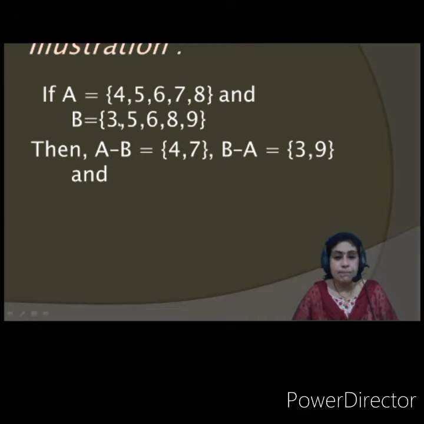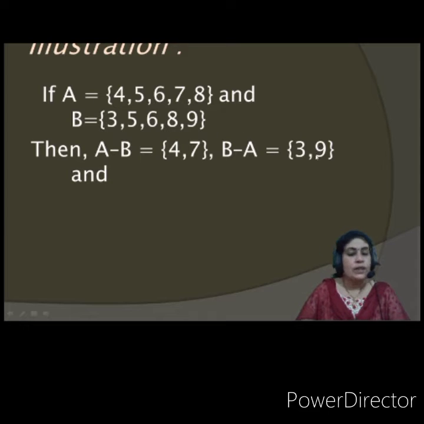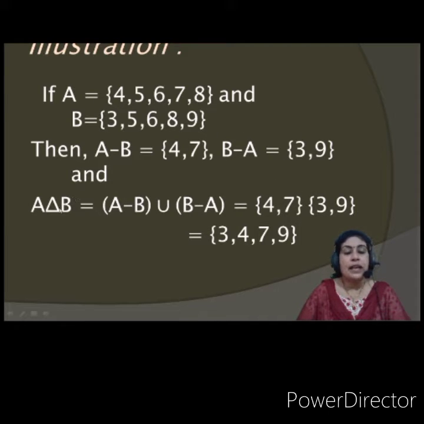Same way B minus A. B minus A means you are going to see all those elements which are there in B but not in A. So which are those elements? 3 and 5 is there, 6 is there, 8 is only for B. So sorry, 8 is there, 4 is only for B, but we are not going to take it. 4 is only for A, sorry. 4 is only for A, it is not there in B, so we are not going to take it. Why? Because we are considering B minus A. So 3 and 9. Okay. So now, the symmetric difference of sets A and B will be equal to what? A minus B union with B minus A. So what is the union of these two?